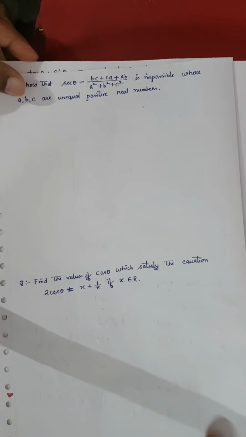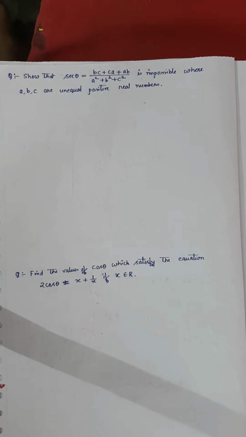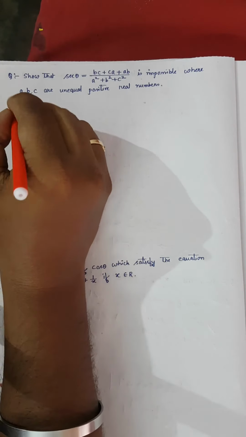Here comes the fourth question. Show that sec theta is equal to (BC plus CA plus AB) divided by (A square plus B square plus C square) is impossible where A, B, C are unequal positive real numbers. That is, you have to prove that sec theta cannot be expressed as (BC plus CA plus AB) divided by (A square plus B square plus C square), where A, B, C are unequal positive real numbers. Solution: